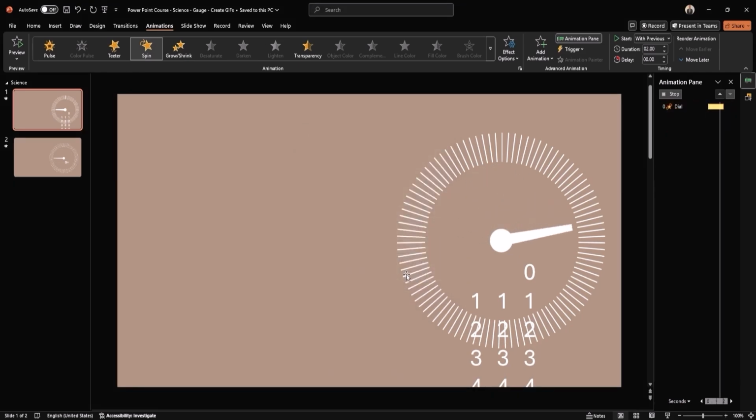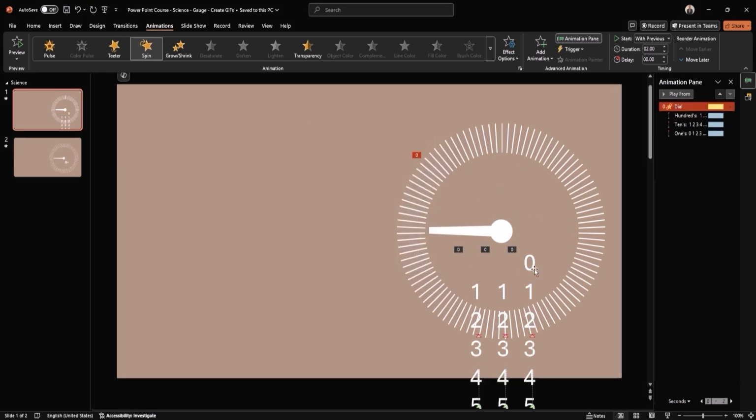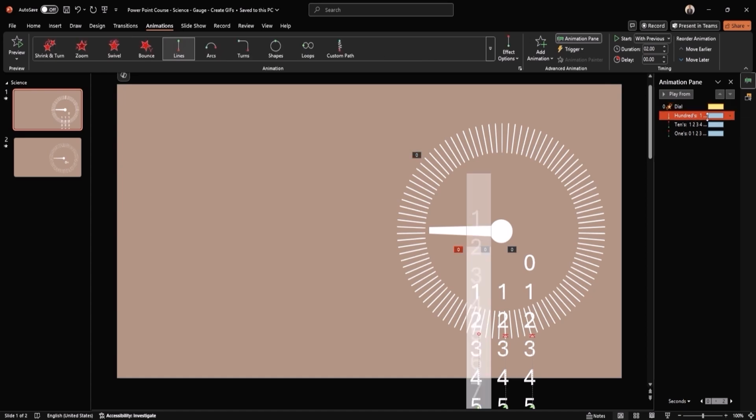We also need to adjust the percentage numbers. To do this, click on the red dot of the motion path for the hundreds column and drag it upward. Aim to align it so that the blank space is in the display area. Hold down Shift while dragging to ensure the movement stays perfectly vertical and doesn't shift sideways.